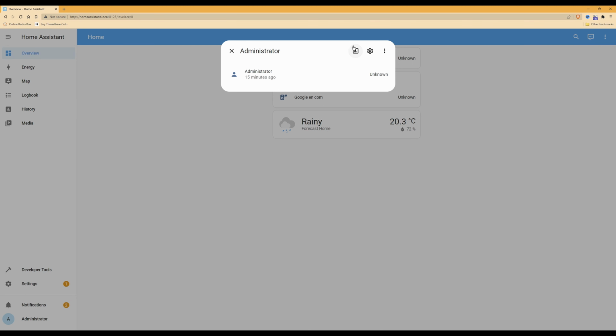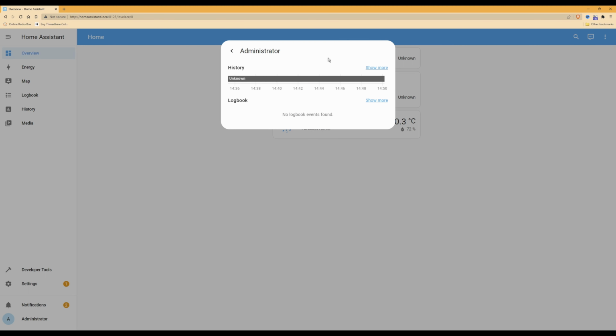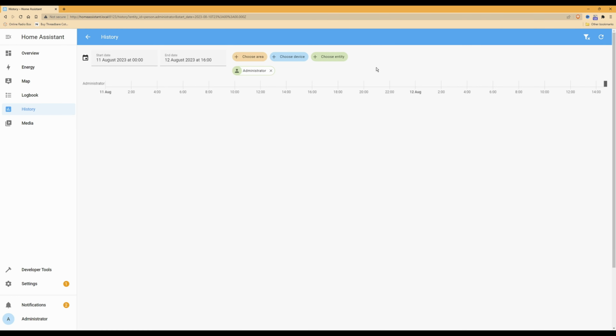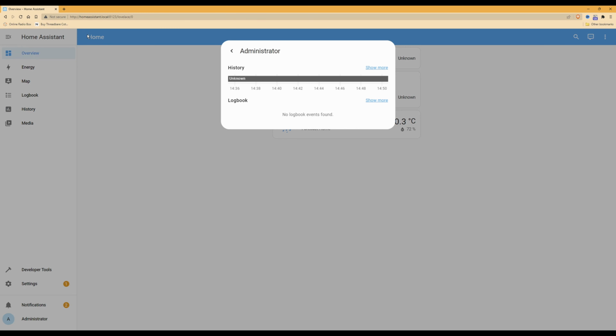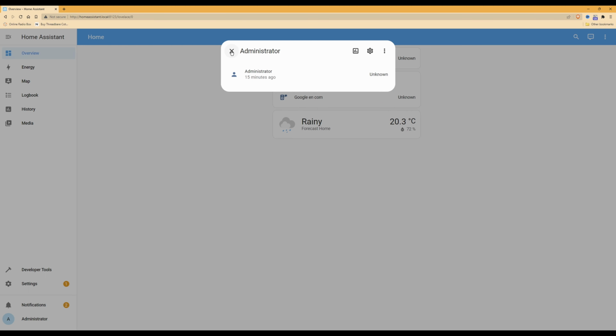And if we click on the history tab, which looks like a little graph here, you will see that it is providing a logbook of entries, and we can click show more. Then it provides the history in Home Assistant and a graph bar saying when the person was logged in, for example. So let's go back to the overview screen, and for the administrator pop-up history window we'll click the arrow left, then we'll click the X,